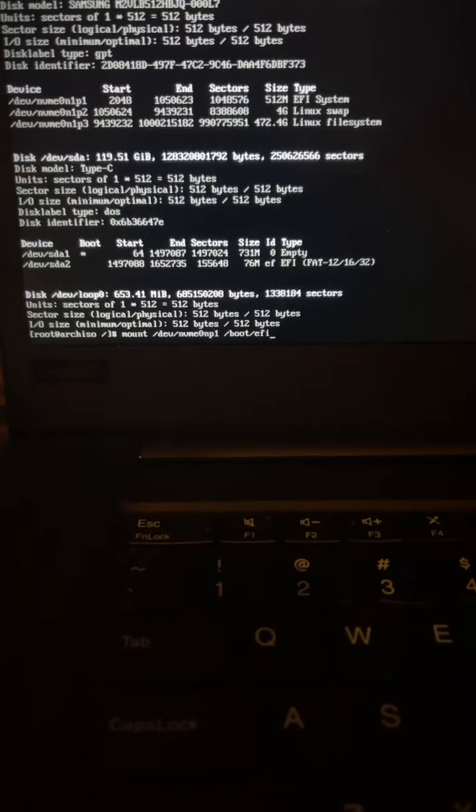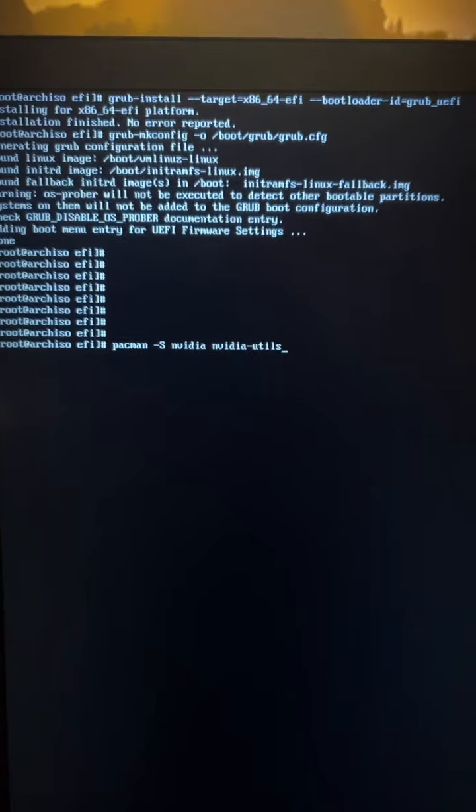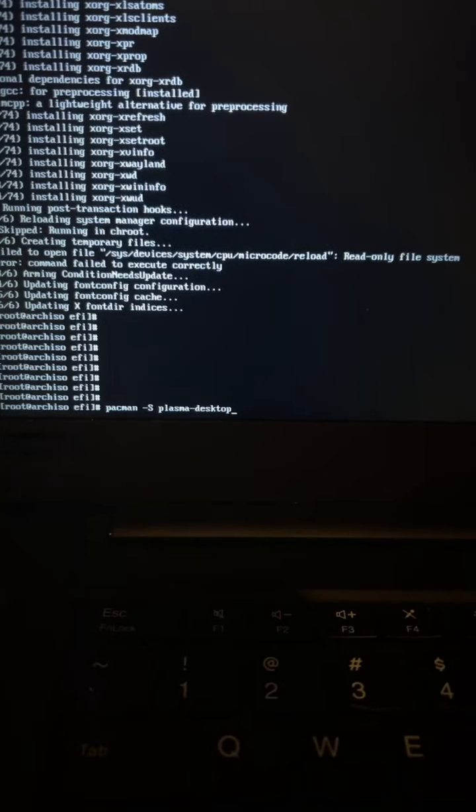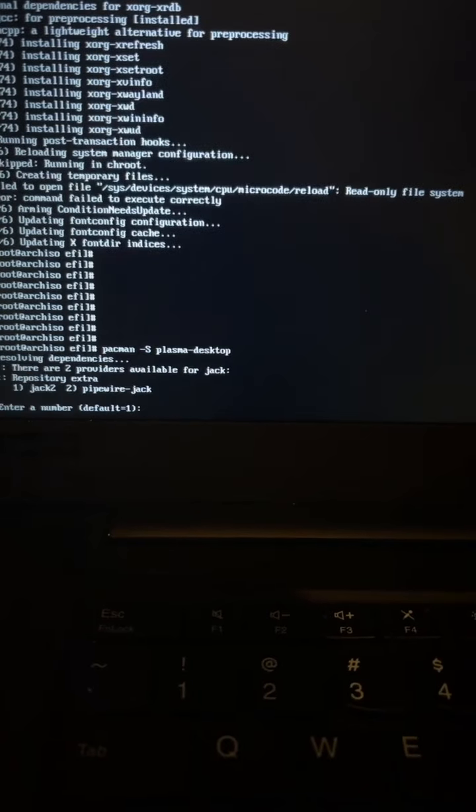save, set a password for root, install grub and EFI packages, make directory to mount partition 1 to boot EFI, install bootloader, you want to see that no errors reported, and generate the grub config. I'm going to install a video driver, install Xorg, I'm going to install a base version of the KDE Plasma desktop without bloat,